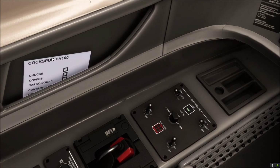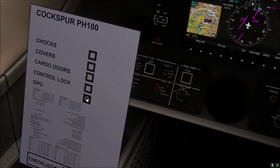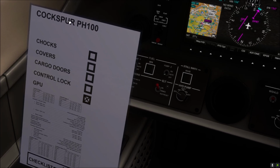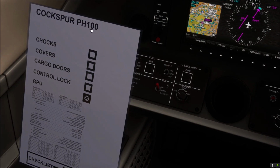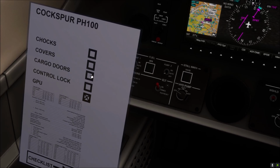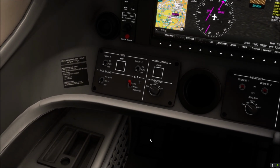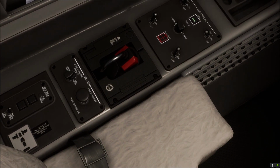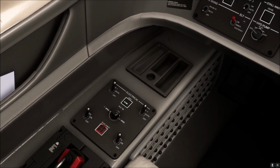Right, so let's just get the checklist up. So the GPU is still on. We'll keep that running and get them to disconnect it after we've got number, which side is it on? It's on our side, so we'll start number 2, then we'll disconnect it. So the doors and the covers, the cargo doors, control locks are all removed. I've got rid of the yoke, and so we can get oxygen on, get our generators on, the bus tie,